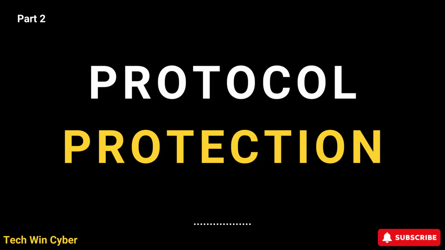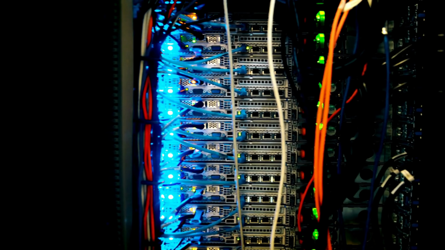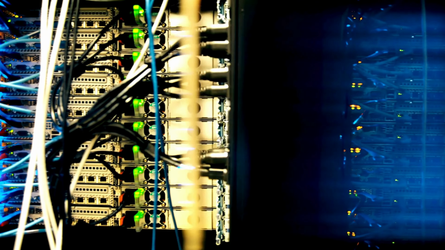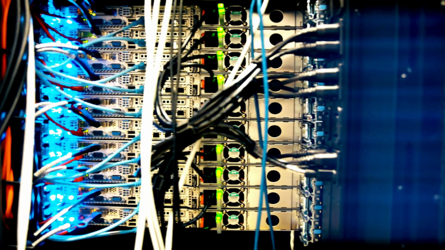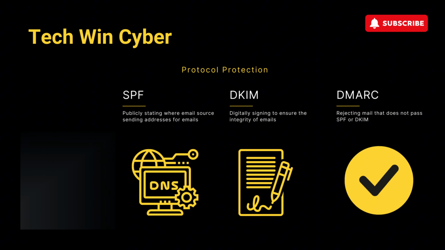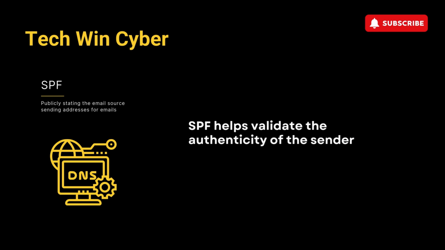Without protocols, you really wouldn't be able to do anything with computers. They do things like load web pages, send emails, and even secure other types of systems. There are three core components of email security that use protocols to protect emails, and those are SPF, DKIM, and DMARC. SPF validates that an email is sent from an authorized domain, and this helps validate the authenticity of the